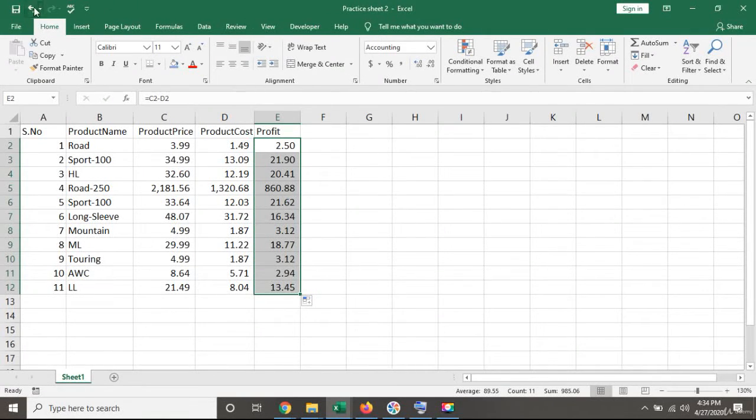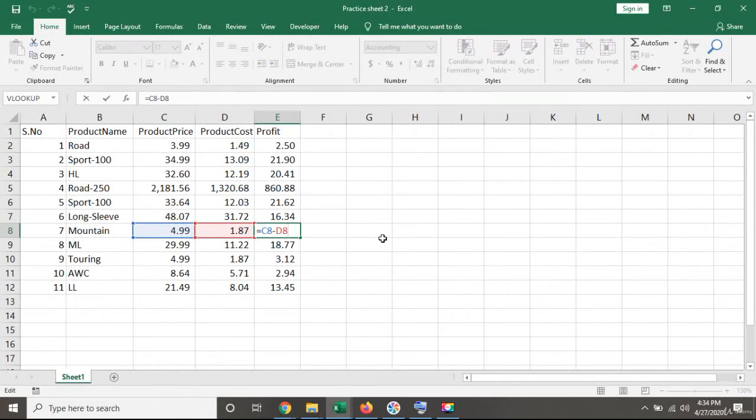Let me undo. There's an even better way. I can just double click and Excel will replicate this formula in all the cells below in this table. Let us check that Excel has correctly added this formula. To check any formula in any cell, you can just click on the cell and read it here, or just press the F2 key on your keyboard and Excel will show you which cells it is calculating. You can see that as we are going down, Excel is also choosing the lower cells from columns C and D.